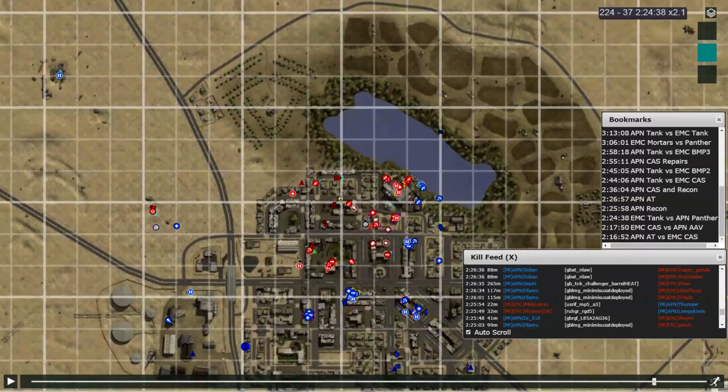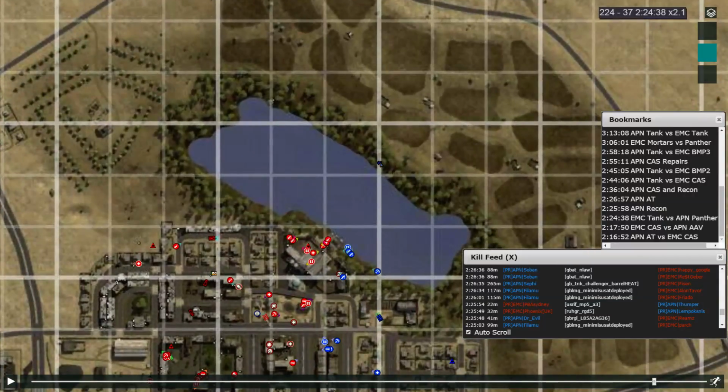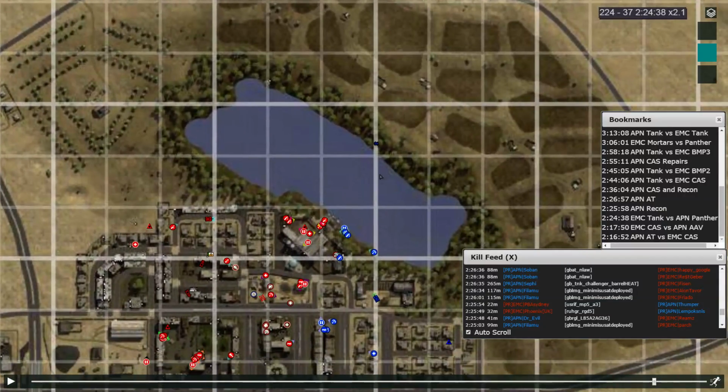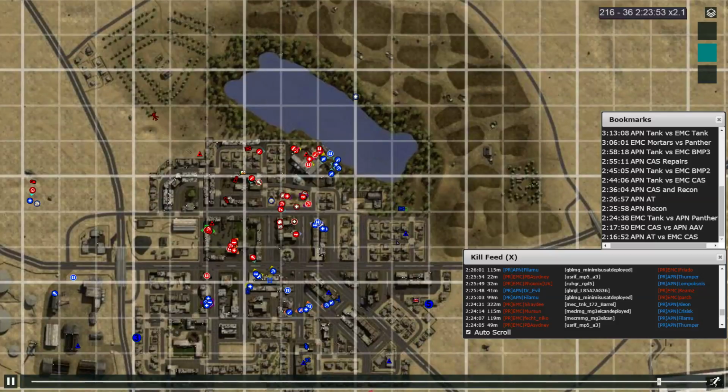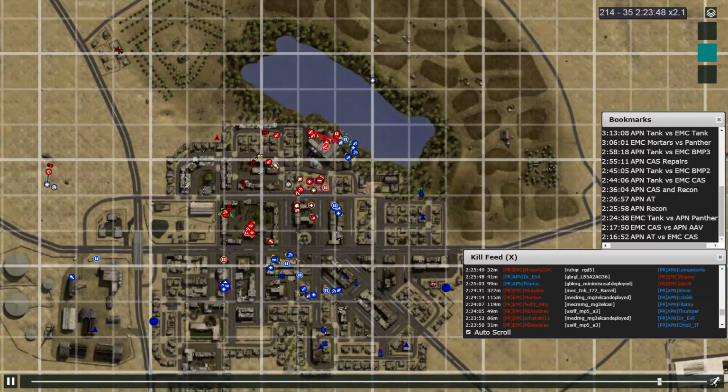Now we have the Panther, which is supporting the infantry north of the lake, and is taken down by the EMC armor. I do think that these are the only situations where APN loses its Panther. And the armor overall, I would say, barely moved from its AOR, so to say,